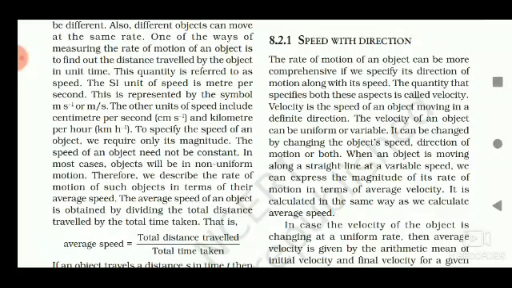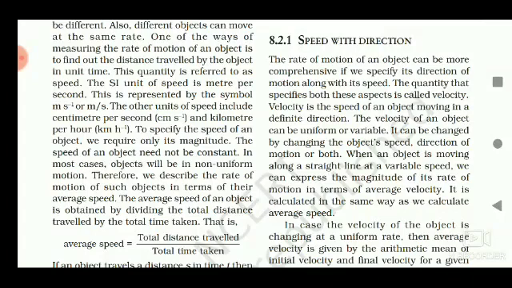Like speed, the velocity of an object can be uniform or variable. It can be changed by changing the object's speed, direction of motion, or both. So if the magnitude or the direction is changed, then velocity also changes. So when an object is moving along a straight line at a variable speed, we can say its magnitude of